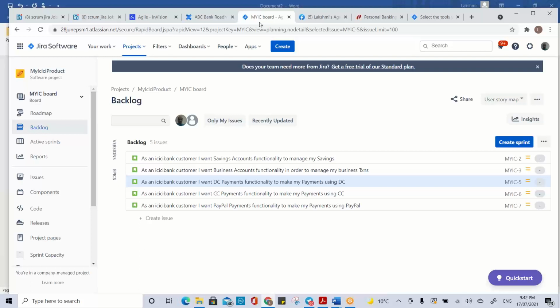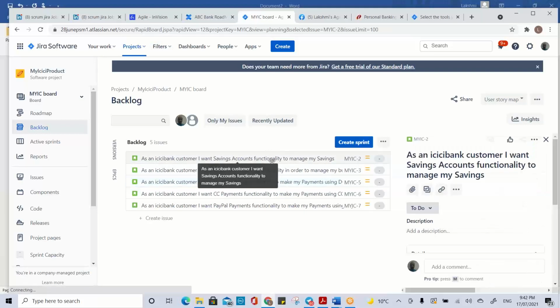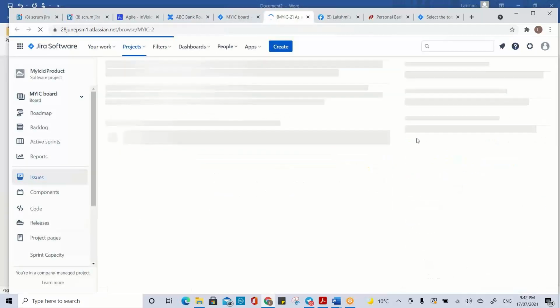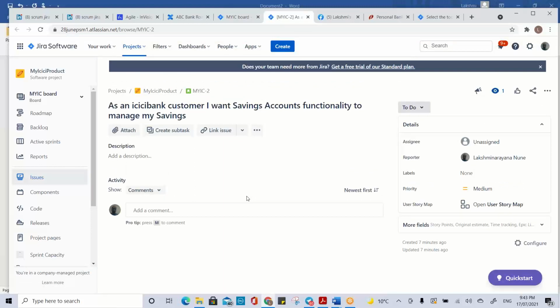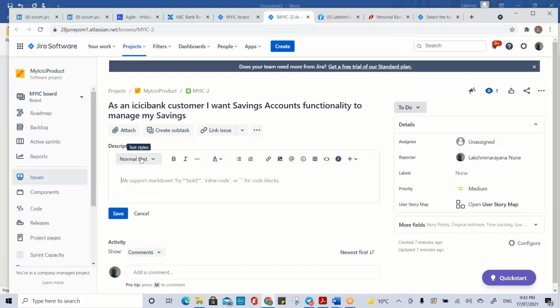I have to explain the requirement. I have to explain the acceptance criteria as well. What is this acceptance criteria and where can I write it? Where can I add additional information? As a product owner, if I want to add any additional information, for example on savings account, you can click on this and you get a detailed window panel where the product owner, developers, anybody can contribute and add information. So if I want to add, let us say, acceptance criteria,